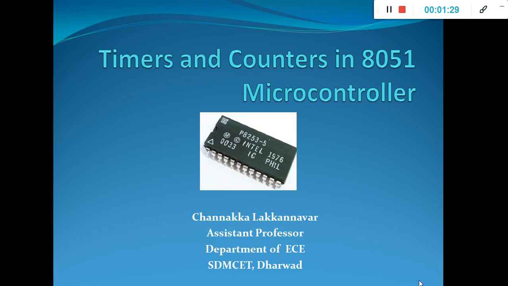Now let me see the basic functions of timers. Timers are used to measure time, meaning calculating the time elapsed between events. This capability of a timer is deployed in generating time delays as well as waveforms. The second basic function is to count events, or to measure the frequency or pulse width of an unknown signal. One more basic function is to provide the clock signal to other circuits. So these are the need of timers and the basic functions of timers.